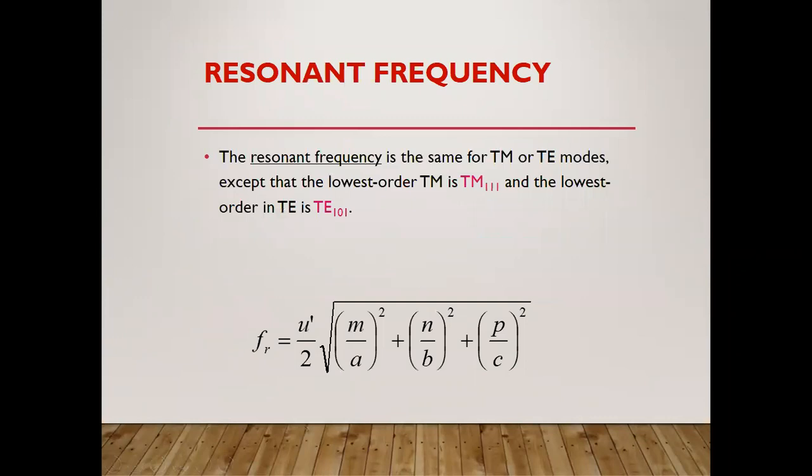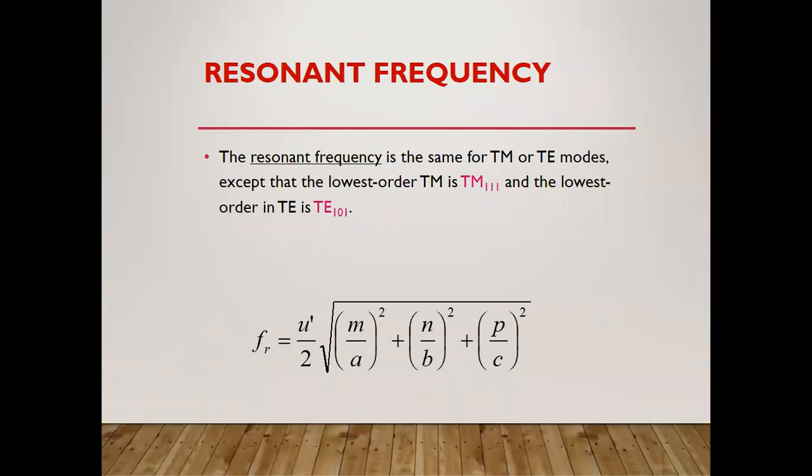So now the next thing you need to study is the resonant frequency, while you are going to learn these different modes of the waveguides. The resonant frequency is the same for the TM or the TE modes. Maybe the question will arise many times when we change the modes, that is TE, TM, or TEM, whether the resonant frequency will differ, whether the FR, FC, or FZ may change. But this is not the case. The resonant frequency will be the same throughout in the case of the TM and the TE.